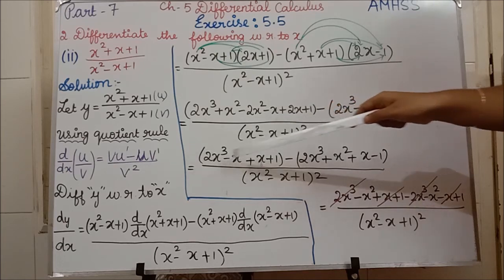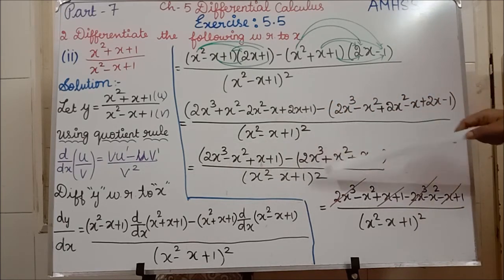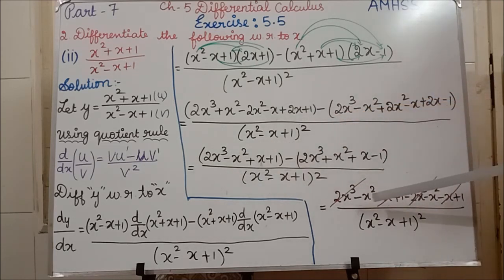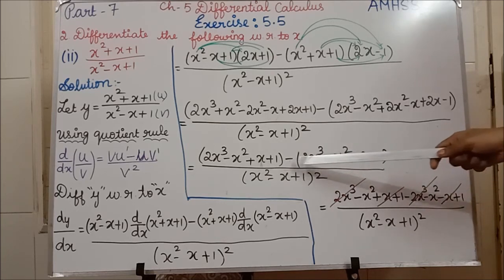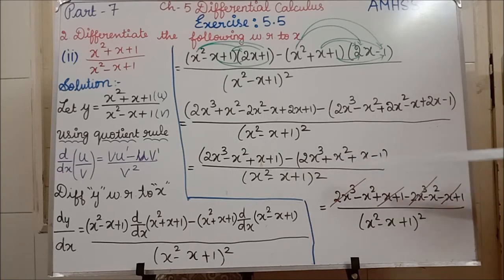Now we are writing this, and we are taking the negative sign inside to each term. So up to here I am writing as such, removing the bracket. Now we are taking the minus inside. So minus 2x cube. Minus into plus is minus x square. Minus into plus is minus x. Minus into minus is plus 1. Now if you see, this is plus 2x cube, here minus 2x cube, and here plus x and minus x will get cancelled. So we have to write the remaining values.